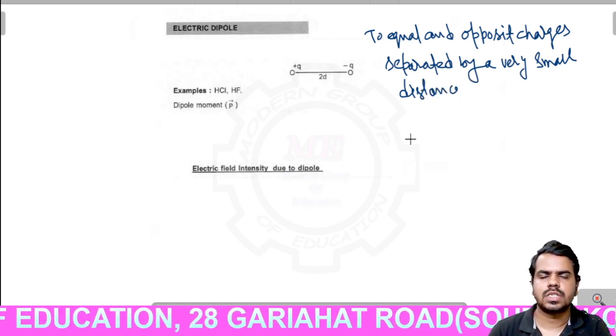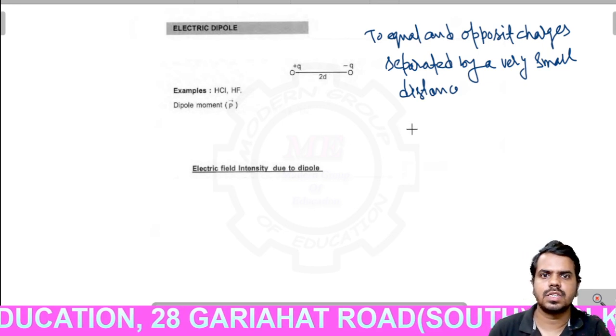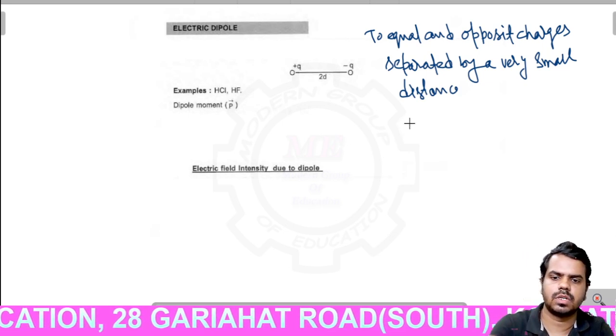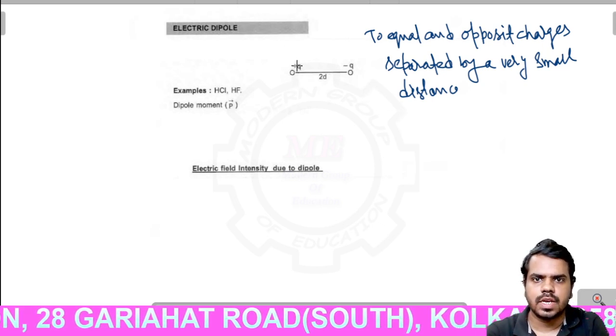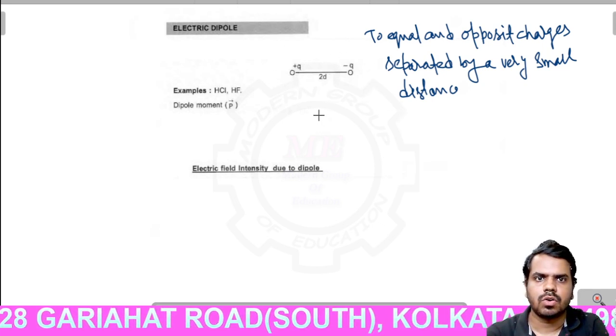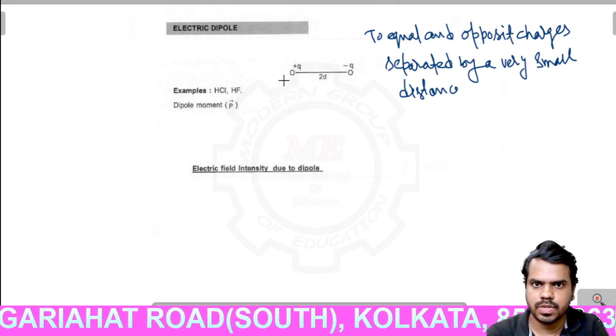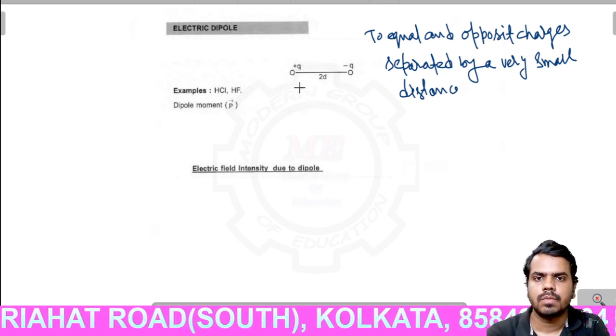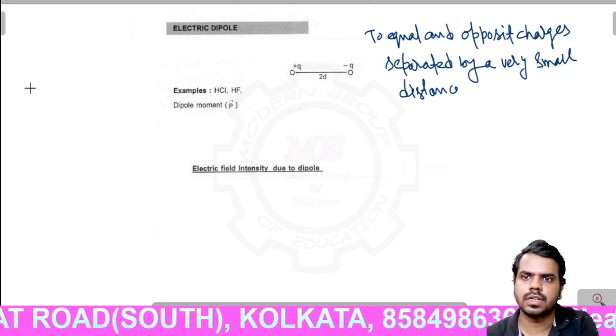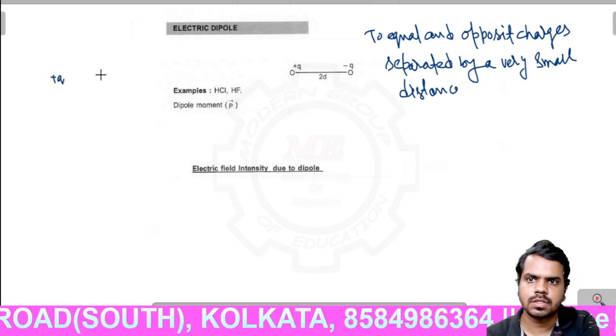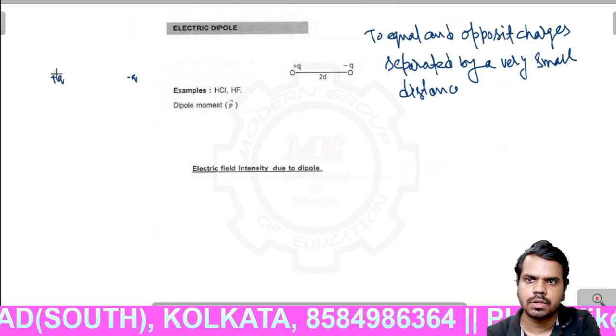Two equal and opposite charges are separated by a very small distance, but how small, you don't know. So there is a plus q and minus q charge. Obviously they are equal in magnitude but opposite in sign, with some distance 2d between them. Actually the dipoles are just like this, q and minus q,